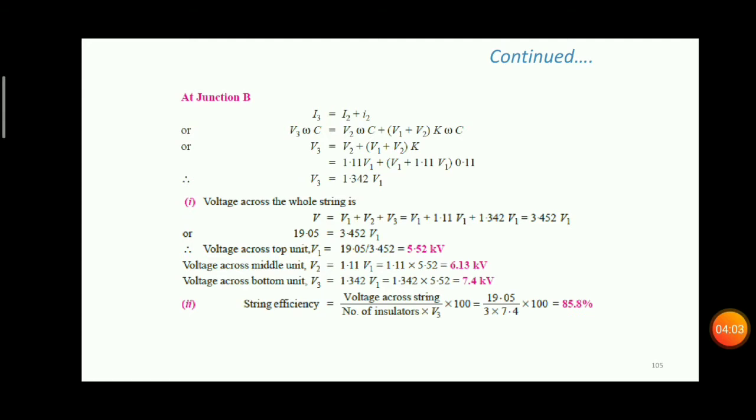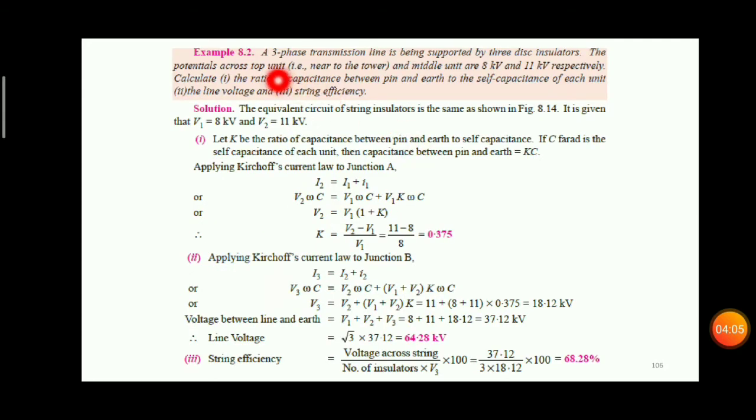85.8%. Now we can see the next question. A 3-phase transmission line is being supported by 3 disc insulators. The potentials across the top unit, near the tower, and the middle unit are 8 kV and 11 kV respectively. Calculate the ratio of capacitance between pin and earth to the self-capacitance of each unit, the line voltage and